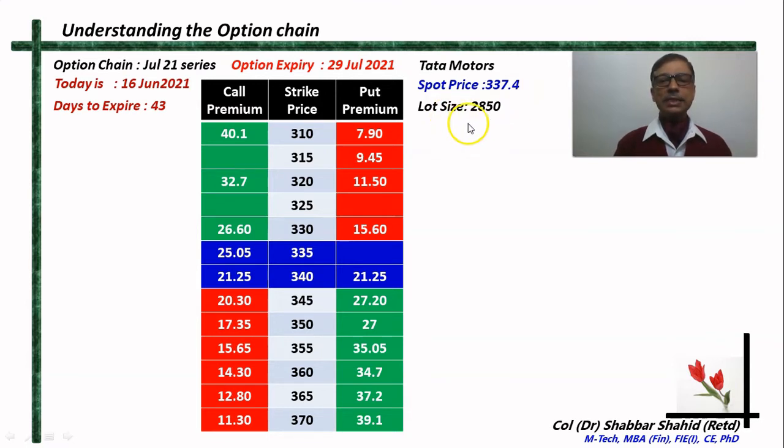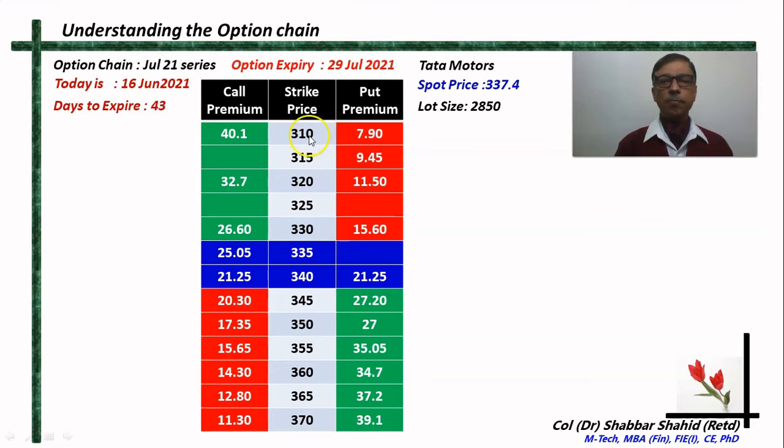And the lot size is 2850. Alright. In the table, the center column is the strike price, the various strike prices starting from 310 to 370. So these are the strike prices which are available for trade for the series of